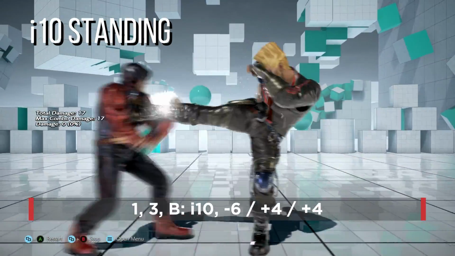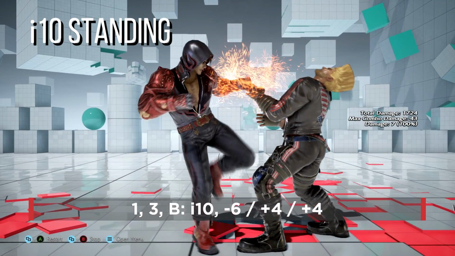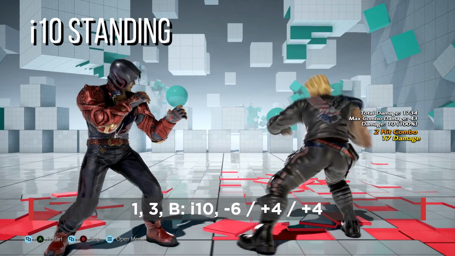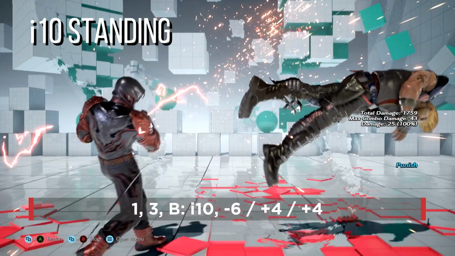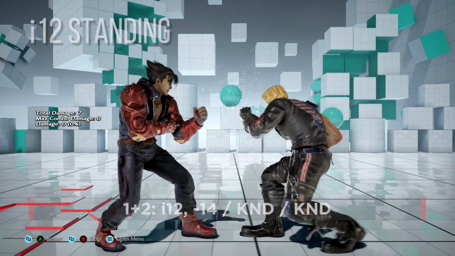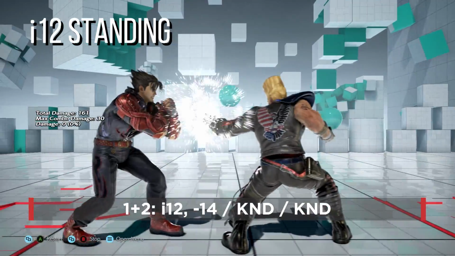1-3 back, however, is a decent option against players who tend to throw out big panic moves, or if you just want to create space. After hitting the opponent with this string, do a backdash while looking for any big whiffs, in which case, just launch punish. Jin doesn't have anything for -11, but at -12 he has 1+2,